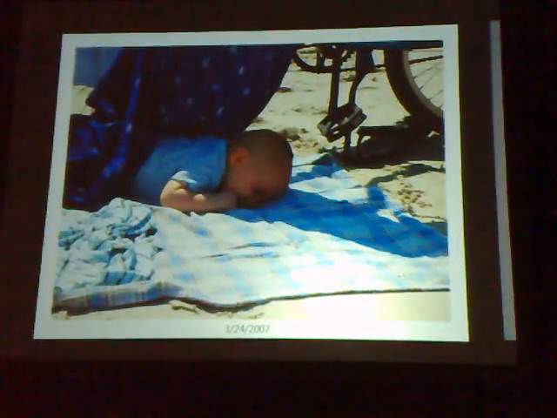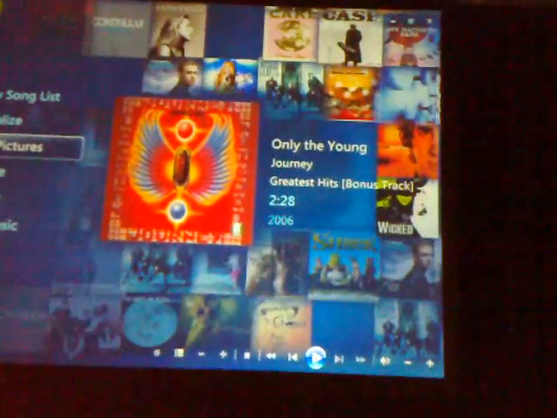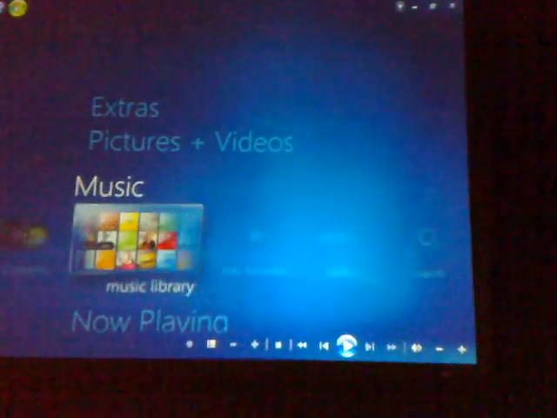So lots of different ways for this to happen, lots of new ways for us to experience music and pictures. When we look at MediaCenter's usage and we look at the things that we're